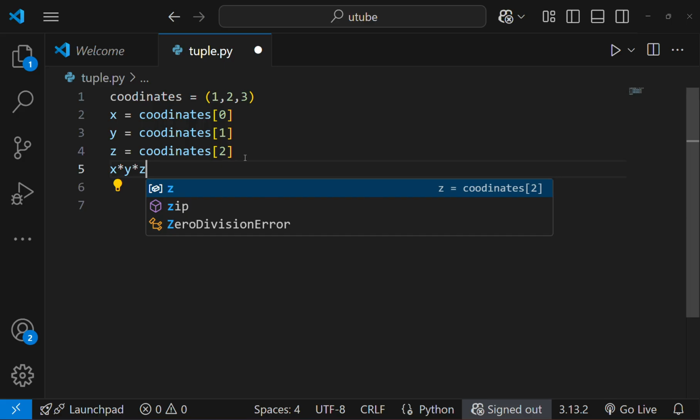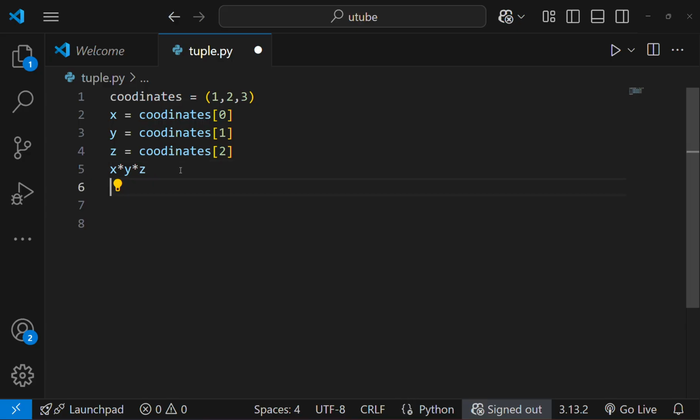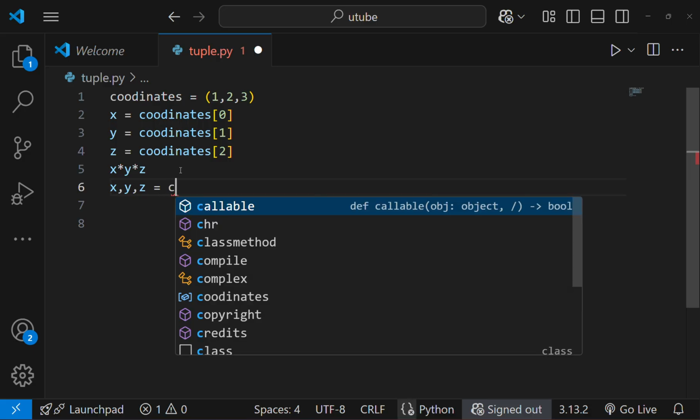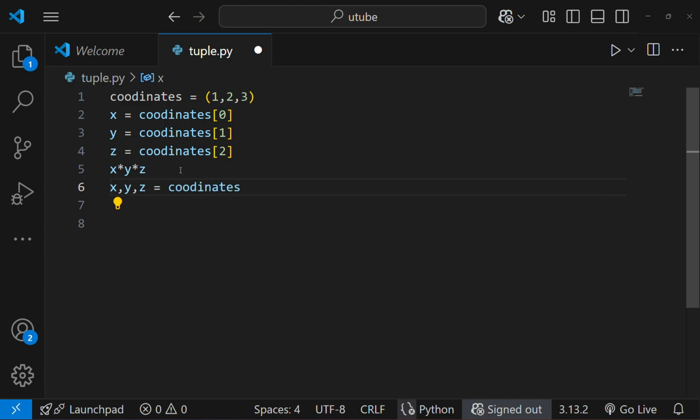We can define variables x, comma, y, comma, z, and set it to our tuple. Our tuple name is coordinates, right?